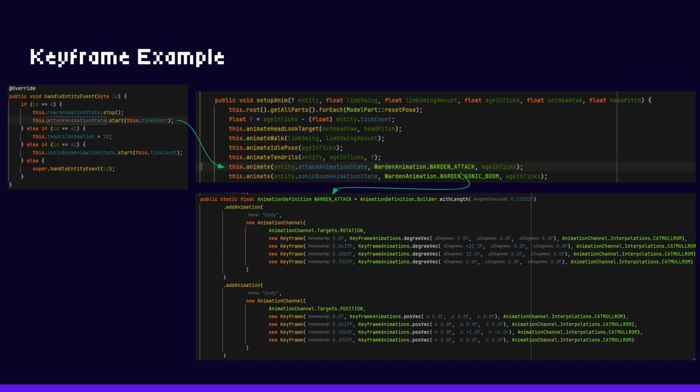If it receives a start attacking event, which is an entity event with an ID of 4, it stops roaring, and then plays the attack animation, which gives it a duration, right? It starts it with a duration, and then inside of the entity, the setup anim method calls animate with the